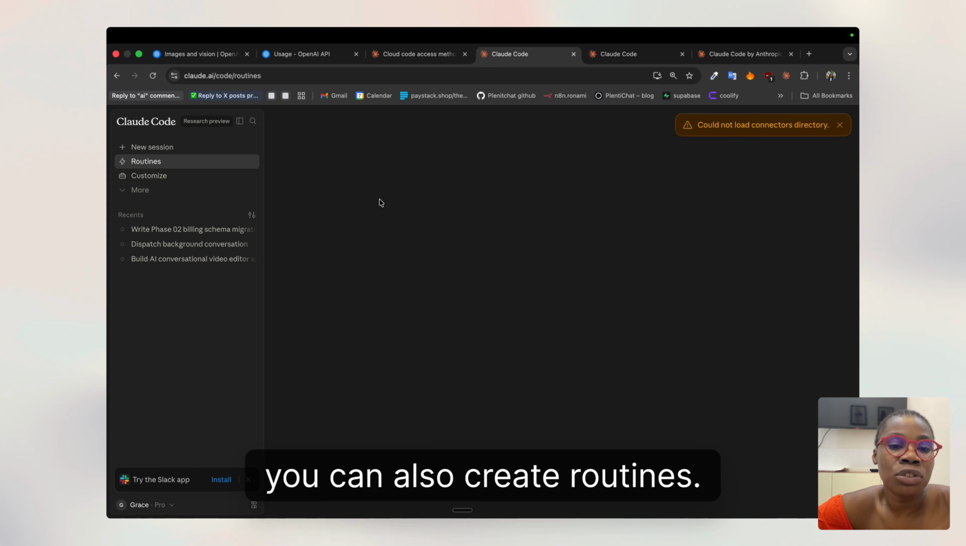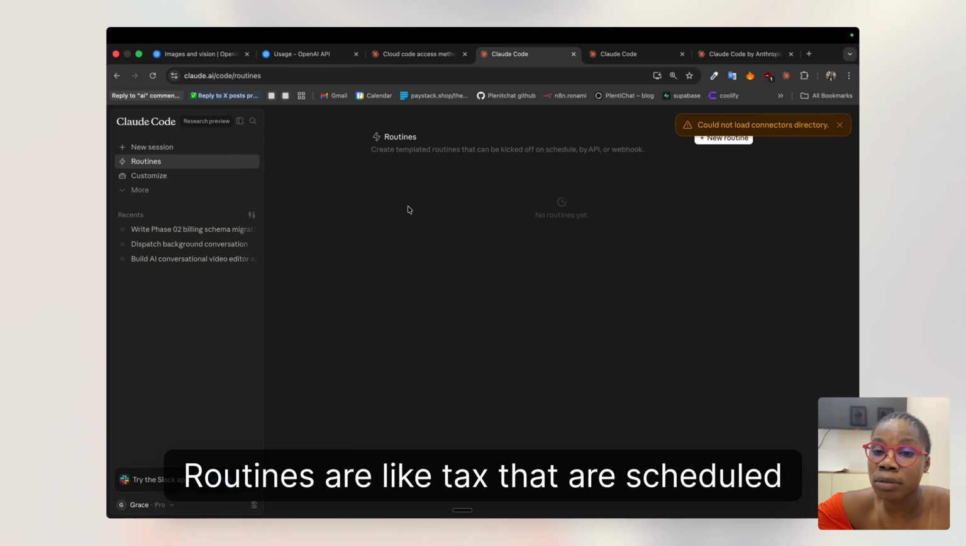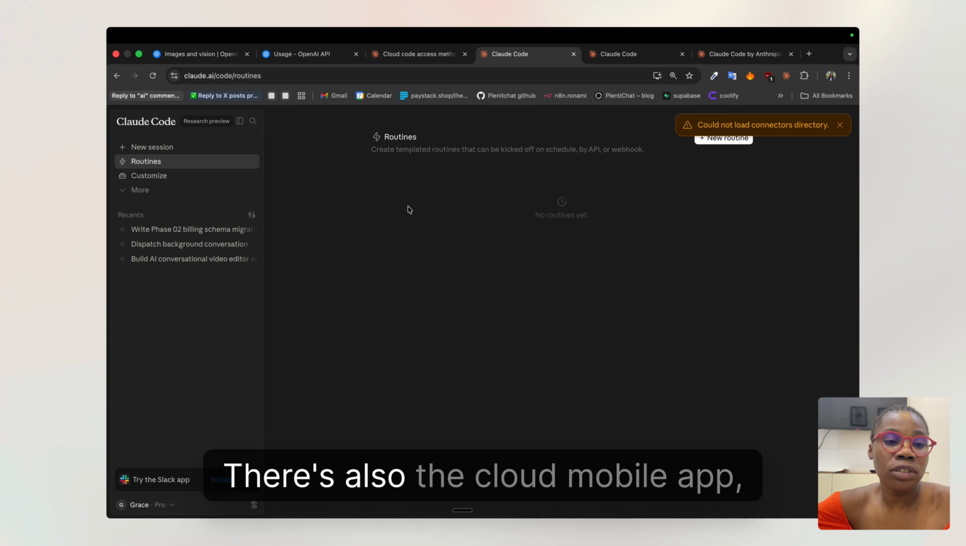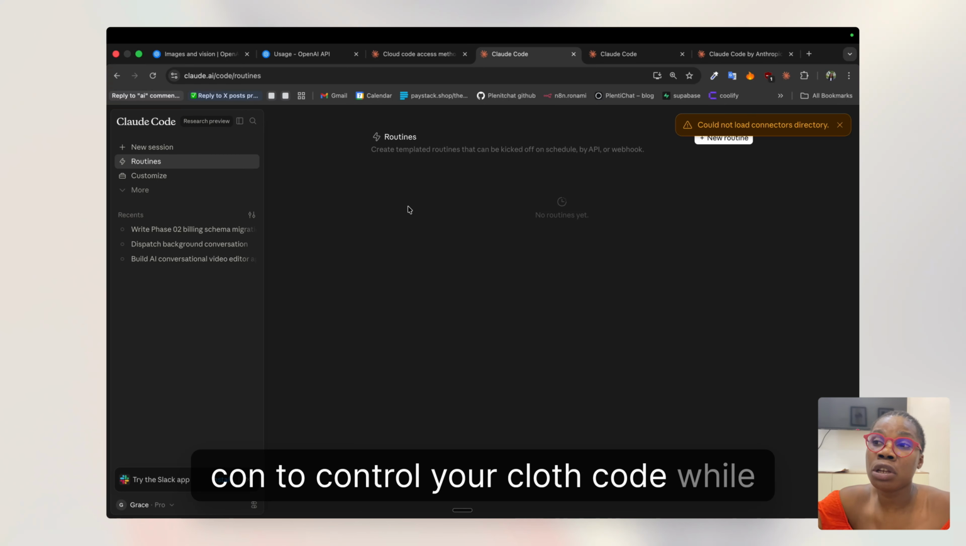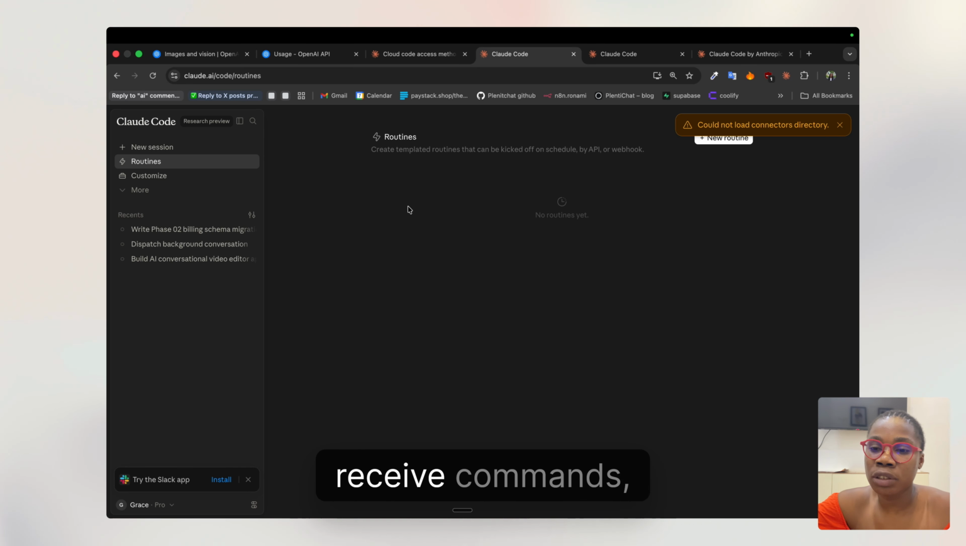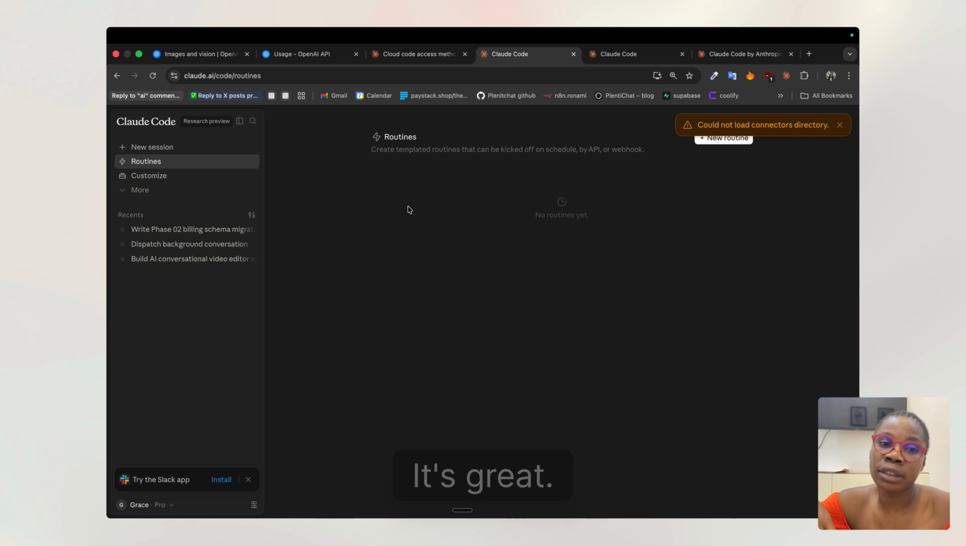And yeah, you can also create routines. So routines are tasks that are scheduled, that run on a schedule. There's also the Claude mobile app. You can use the Claude remote control to control your Claude Code while you're away from your PC, receive commands, approve and accept. It's great. So if you're on the go,